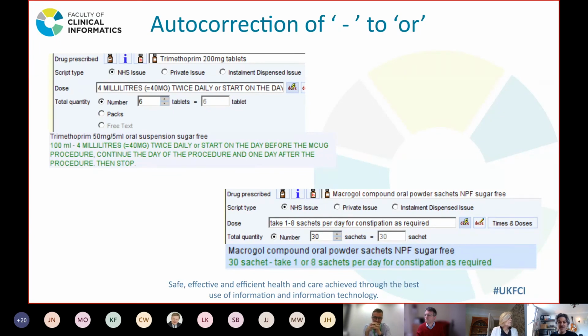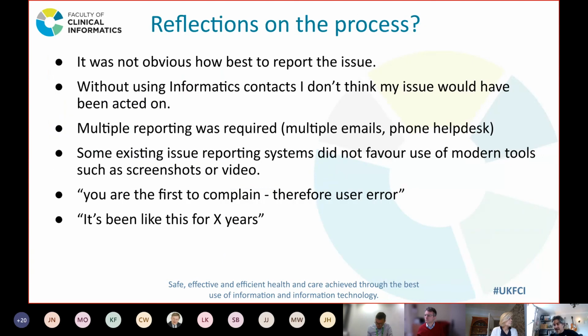And about 3-4 weeks later, not a long time, the issue was fixed, and they removed this autocorrect along with a couple of others that were also semantically odd, that would have been unpredictable to an average user or idiosyncratic. So great, we got this one thing fixed, but the process, if I was to reflect on that process, it